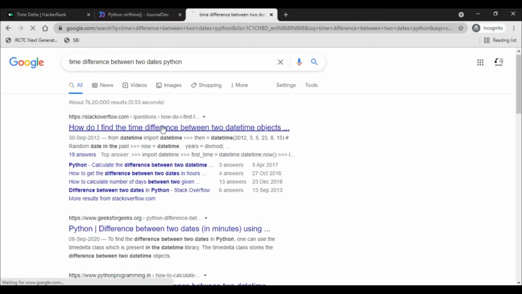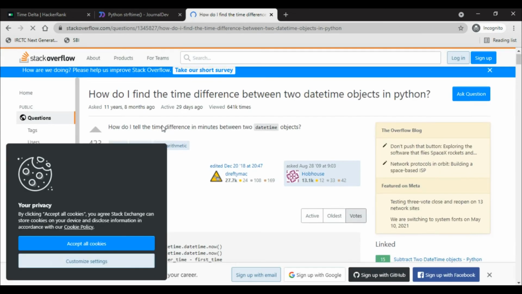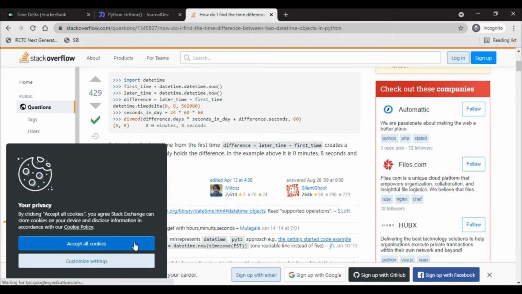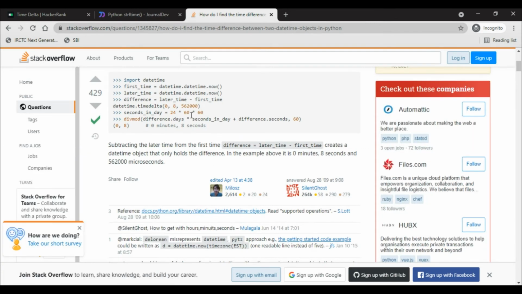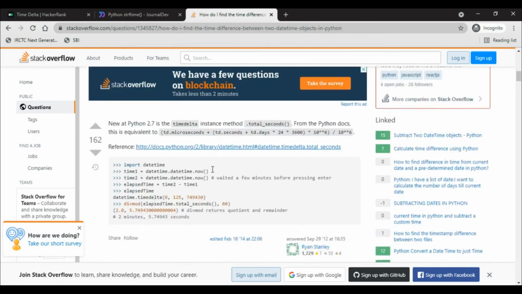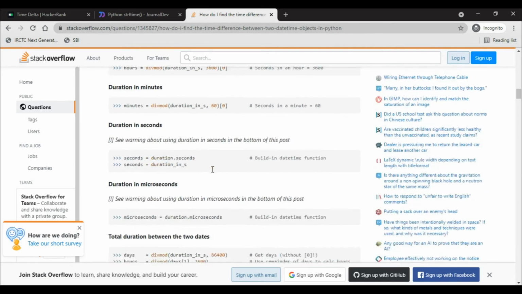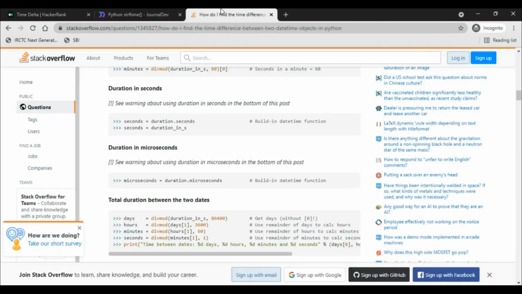Okay, so you can also check in Stack Overflow. It is a very important type of site. So final minus, no, this is not what I'm looking for. Using strftime, right?